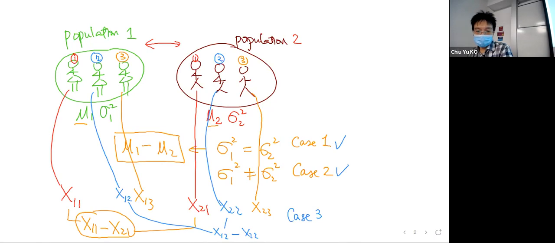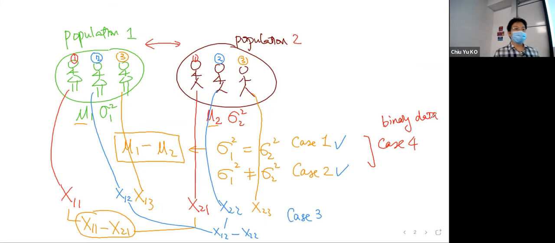And let's see what else. So these are 3 tests. And number 4 is actually so simple. Case 4 is a special case of 1 and 2. It just focuses on binary data. If we talk about just 1 and 0,